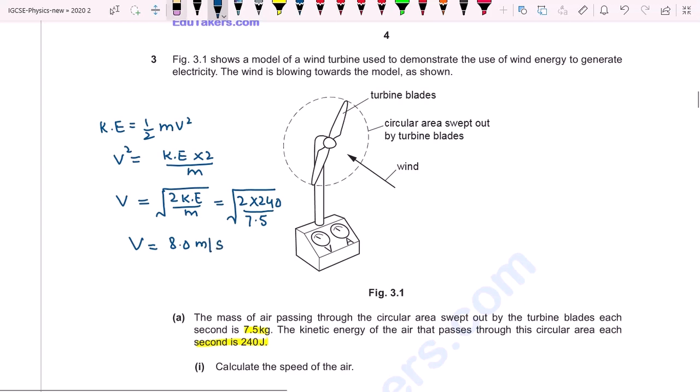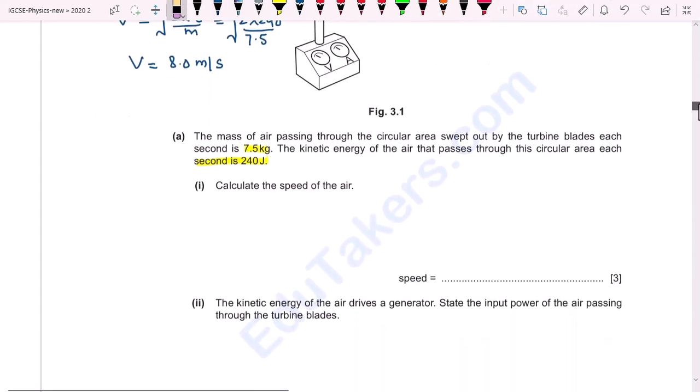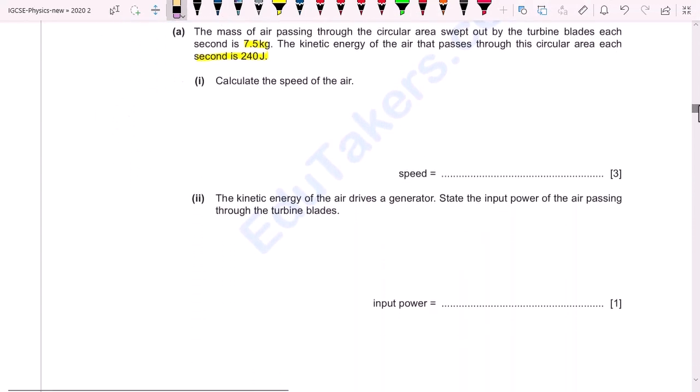The unit of speed is meter per second. So I write answer 8.0 meter per second. Second part, the